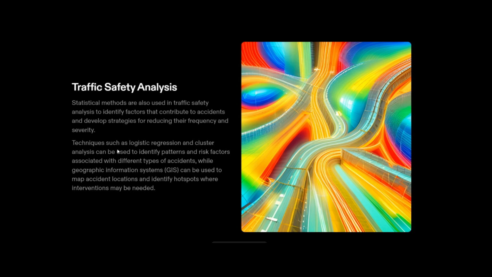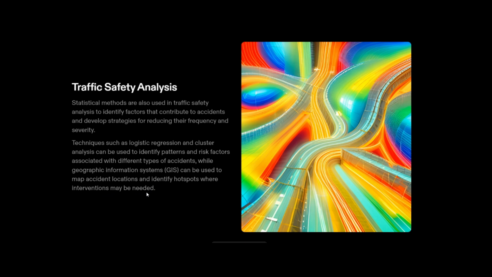Techniques such as logistic regression and cluster analysis can be used to identify patterns and risk factors associated with different types of accidents, while Geographic Information System (GIS) can be used to map accident locations and identify hotspots where interventions may be needed. So there are several steps involved in traffic safety analysis: data collection, data cleaning and preparation, descriptive